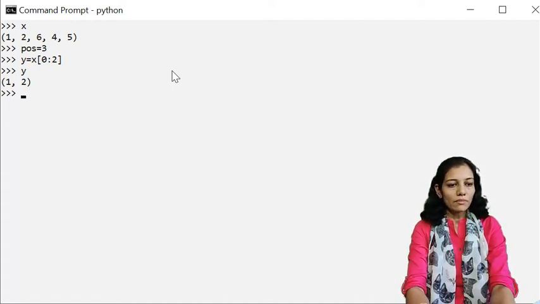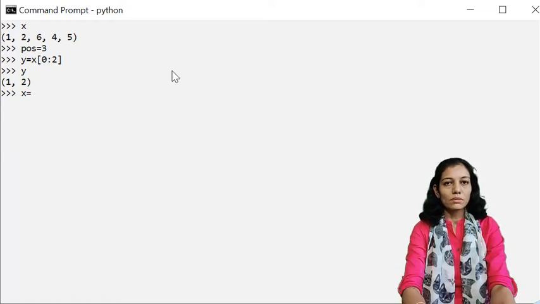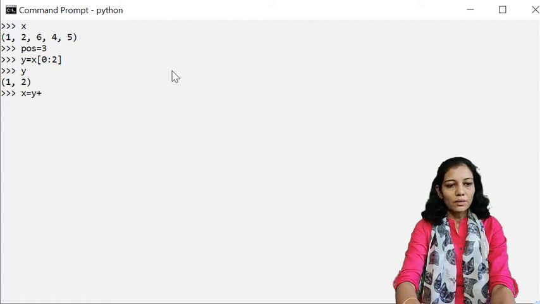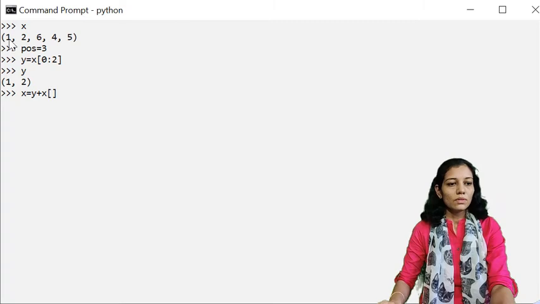Now we'll have x, the tuple in which we want to delete the item, as y plus x, and we'll use range slicing in which we specify the index 0, 1, 2 and 3.